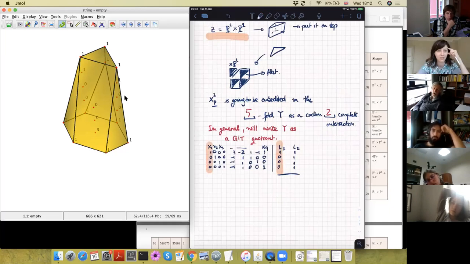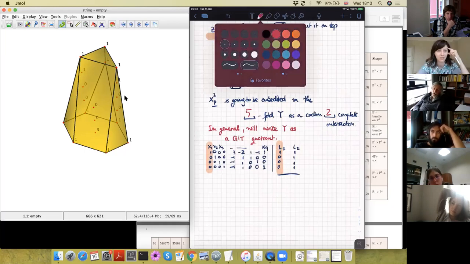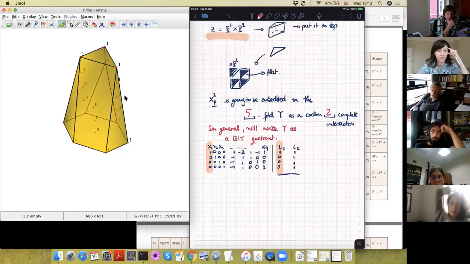And it's even better, because instead of embedding the threefold into the 5-fold as a codimension 2 complete intersection, if you get rid of this coordinate, you can actually see that X_P is a hypersurface here. And now, you know,